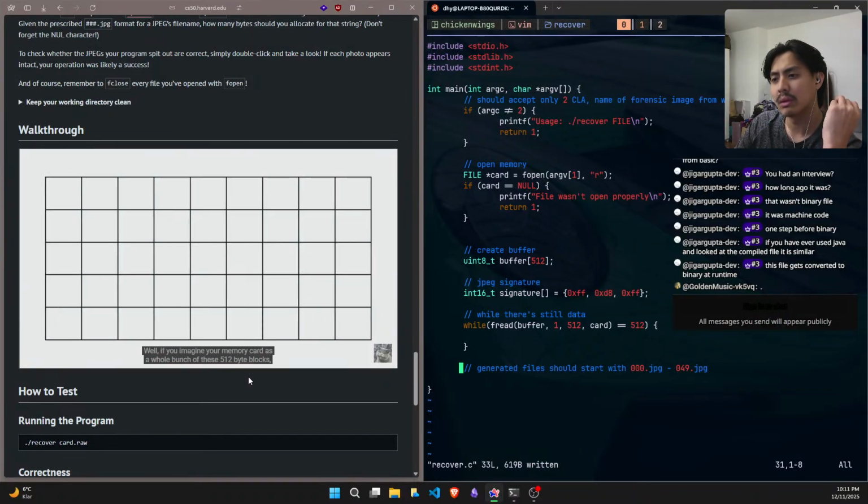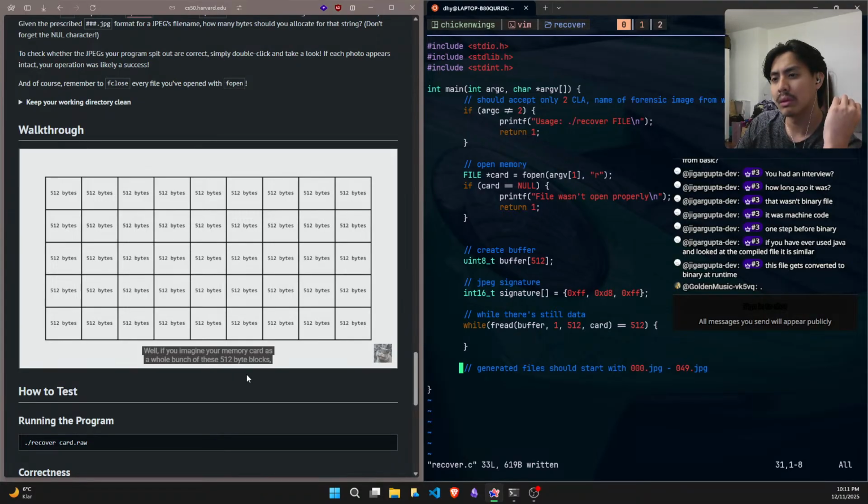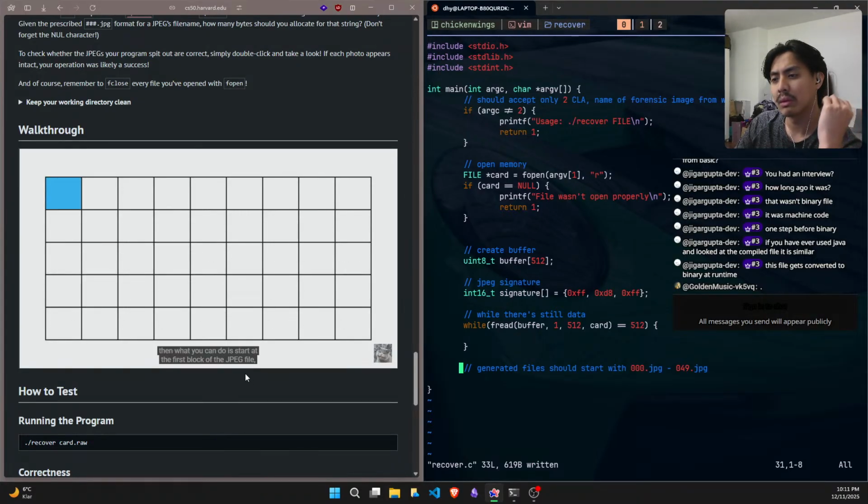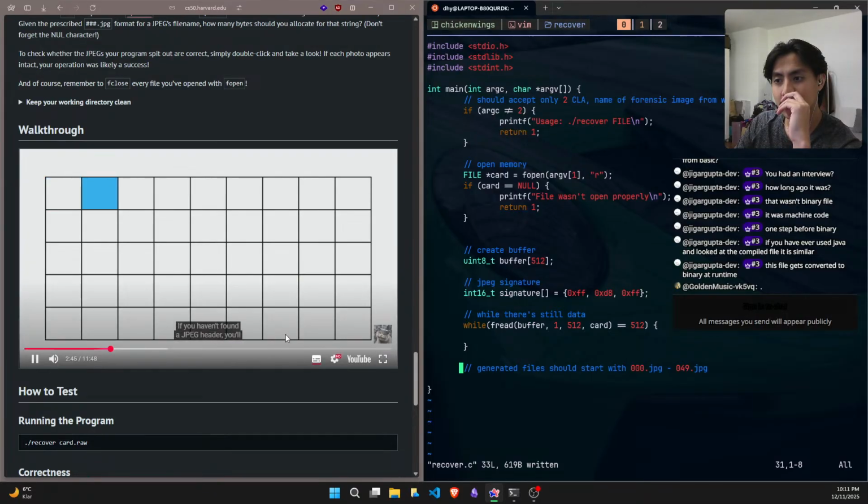Well, if you imagine your memory card as a whole bunch of these 512-byte blocks, then what you can do is start at the first block of the JPEG file and check to see if you found a JPEG header or not. If you haven't found a JPEG header, you'll keep moving on, looking one block at a time, until you find that sequence of 4 bytes that indicates to you that this block is the beginning of a JPEG file. Once you find that block, now you can open up a new JPEG file that you're going to start writing to, and you can start writing block after block after block as you find more and more blocks of